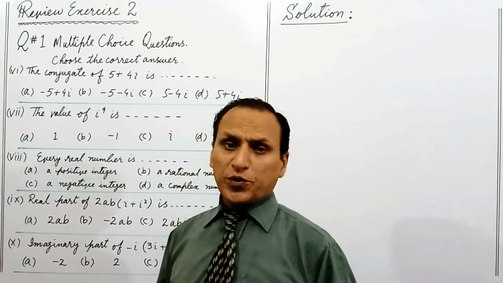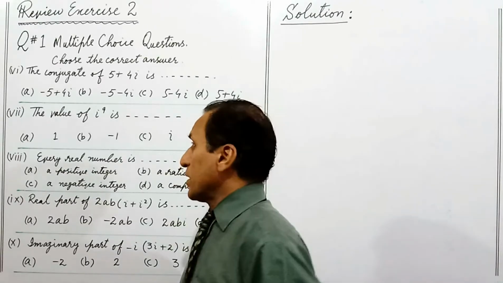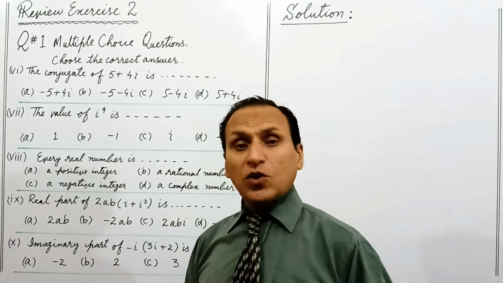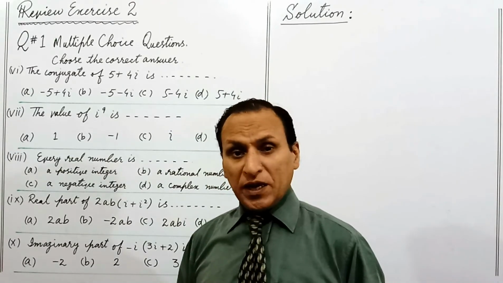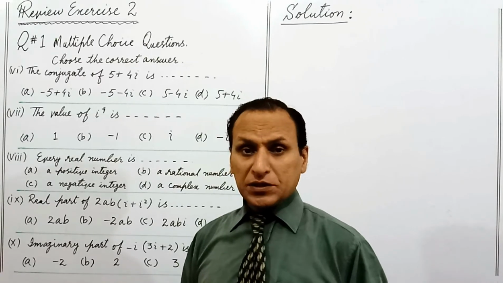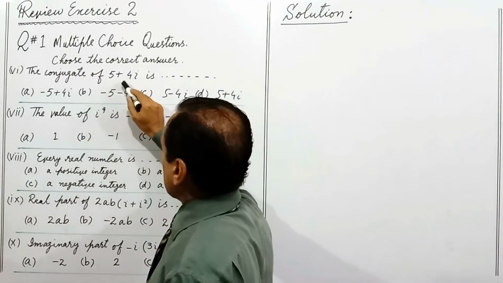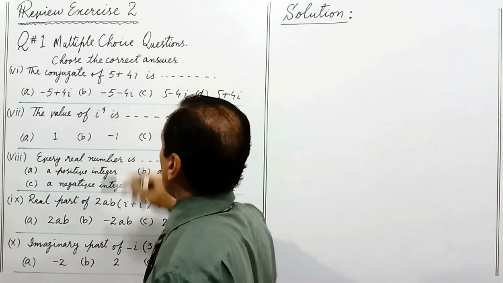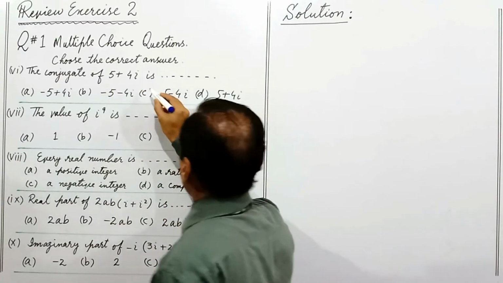Let's do part 6 of review exercise 2. In this, we are required to tell the conjugate of 5 plus 4 iota. As we know, the conjugate of a complex number is obtained by changing the sign of the imaginary coefficient. So we have 5 plus 4 iota, which means the conjugate will be 5 minus 4 iota, and the correct option will be